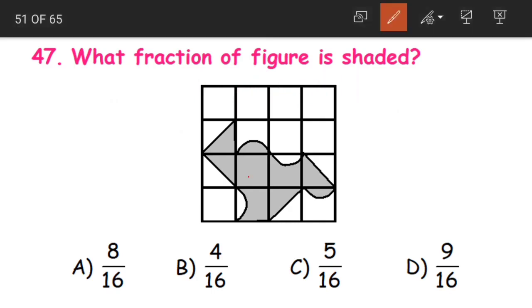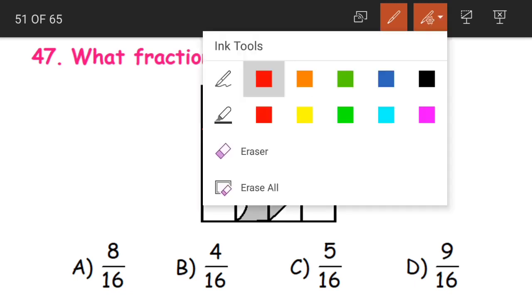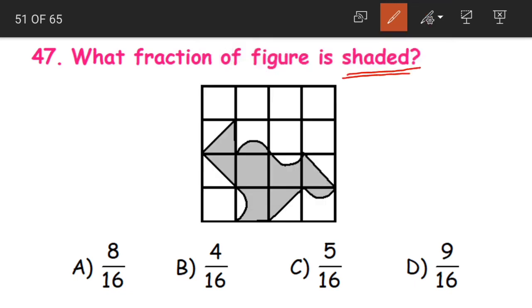Now if you look at the shaded blocks here children, we are having a few partially shaded blocks. Partially means not completely shaded blocks. So first, before counting the number of shaded blocks, let us make them fully shaded blocks. If I put this shaded part here, it will be one complete shaded box, right? And then again if I join these two, this will be one.